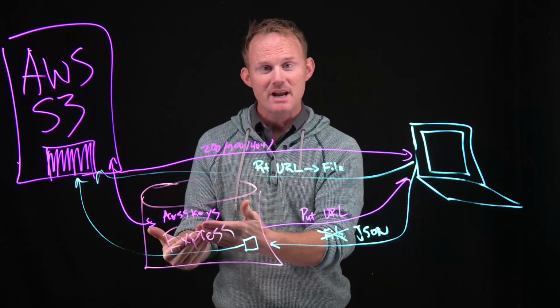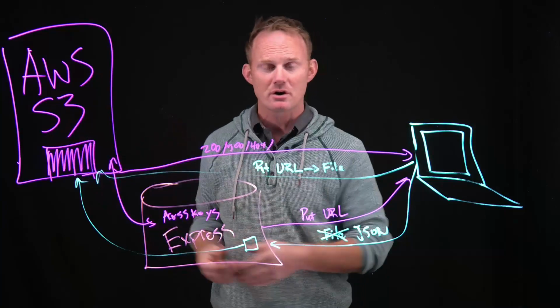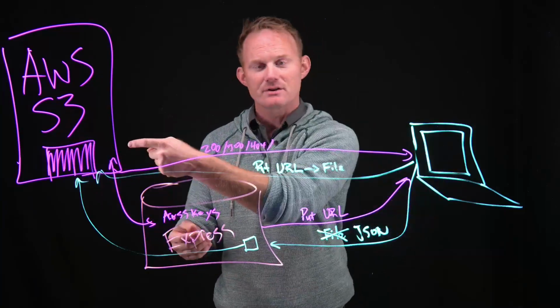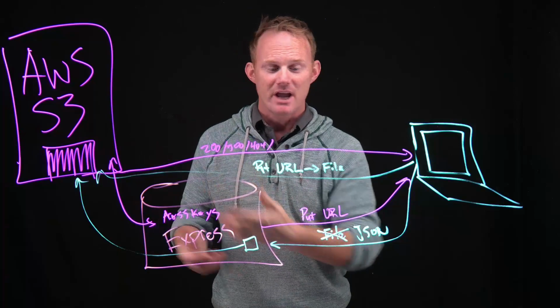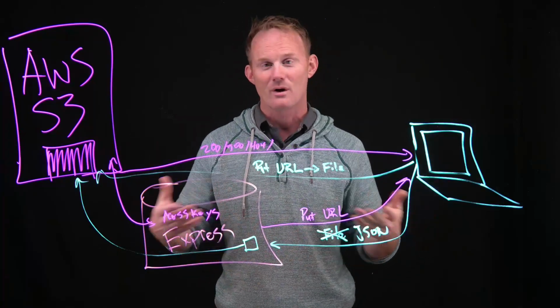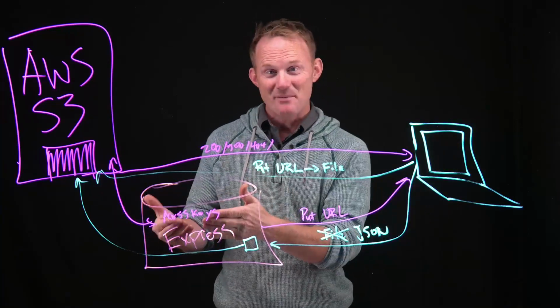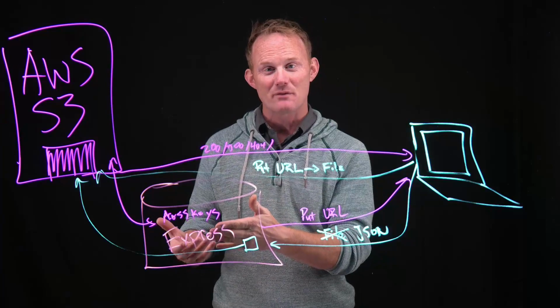We update the database on Express with the new key, the new location on S3. The file starts uploading and it fails. It fails because it's actually a 2 terabyte file, or it's the wrong file, or they time out because there's a hiccup in their internet connection. Our database is now wrong. Express now has the wrong information because this didn't